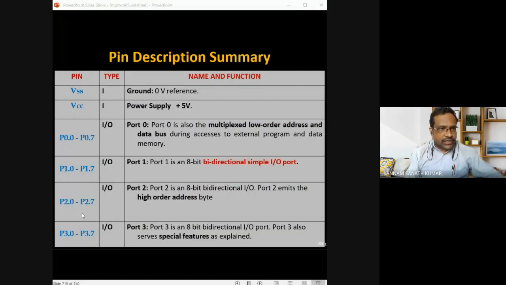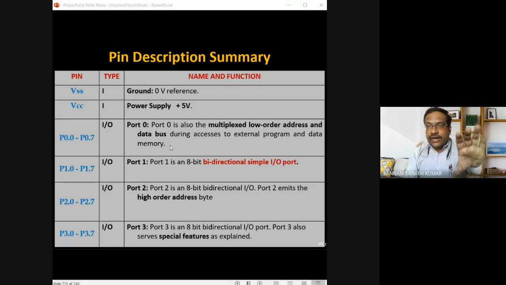You need to observe port 0 and port 2. Port 0 has multiplexed lower order address and data lines, AD0 to AD7. What is the purpose of these lower order address lines? To access the external program memory and data memory.